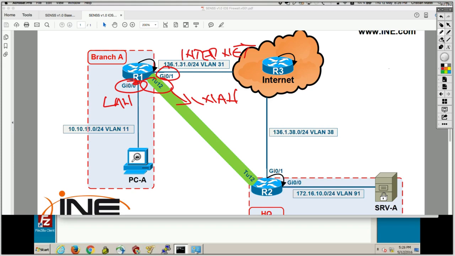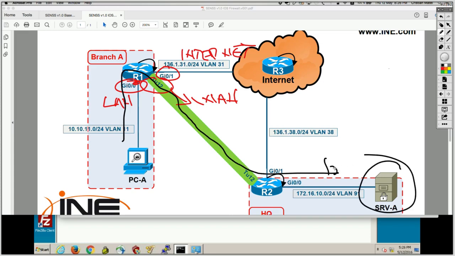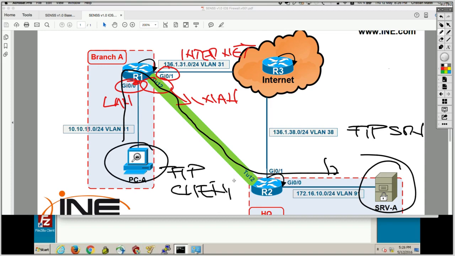And what we want is to be able to go from the LAN out on the WAN and access this FTP server. That's going to be the FTP server, and this is going to be my FTP client. Now, the FTP server